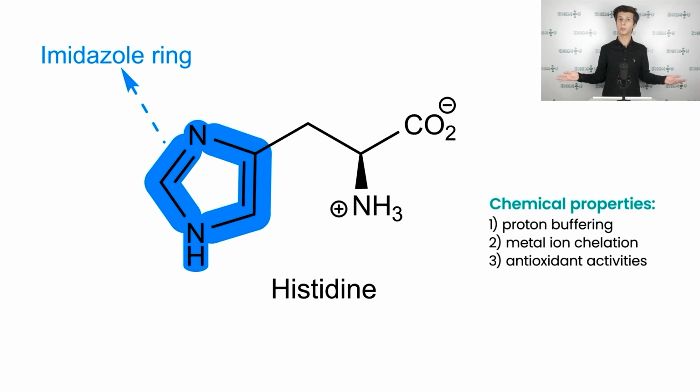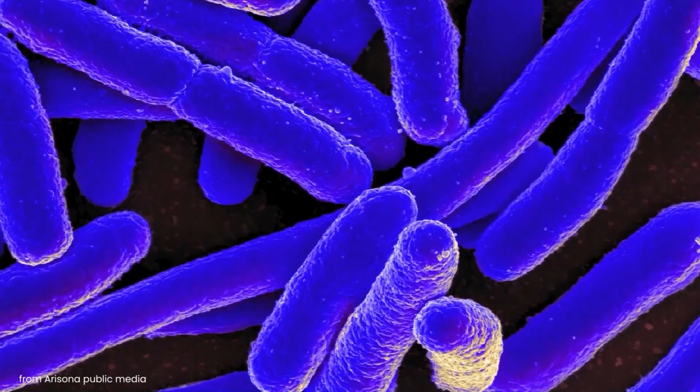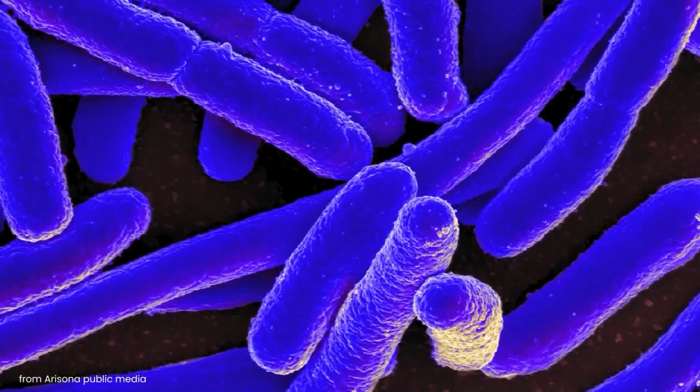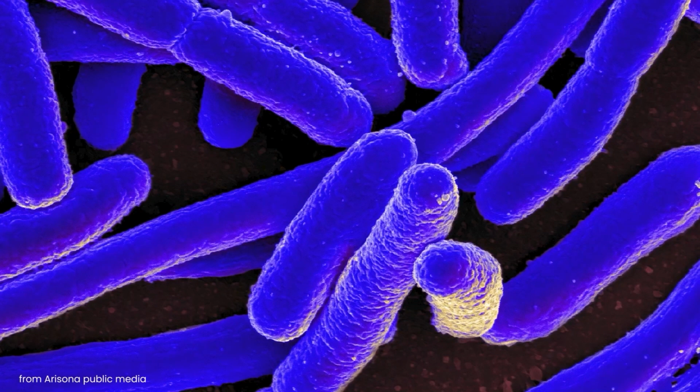And now you would probably ask, if we and other animals do not synthesize histidine, then which living organisms can do that? The answer is simple. Prokaryotic organisms such as well-known E. coli and plants can synthesize histidine. We are not going to study in detail the complete biosynthetic pathway as it contains 10 steps and it is quite complicated and time-consuming. On the other hand, we'll focus on the single step, namely the 6th one.